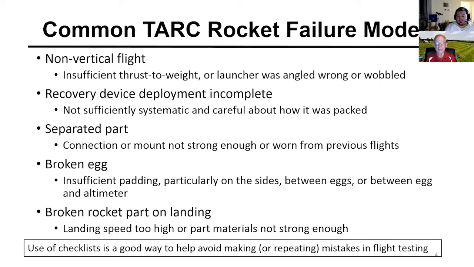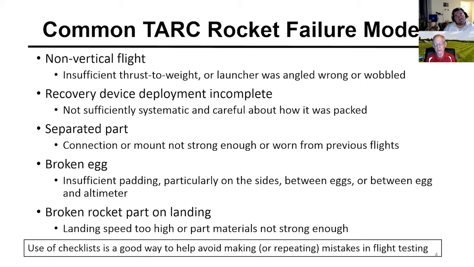You could break an egg. That could be due to insufficient padding. If you put enough padding around the egg, you can free fall it from 800 feet, but you can't really carry that much in your rocket. So you have to put some padding, and it has to be in the right places, particularly on the sides, because your egg capsule might land sideways due to the crosswind. And if you had multiple eggs, which we don't this year, you have to put padding between the eggs. And if you aren't careful about where you put the altimeter, the sharp corner on the circuit board of the altimeter will punch a nice little hole in the egg when the 2 of them slap together. So broken eggs can be completely controlled for.